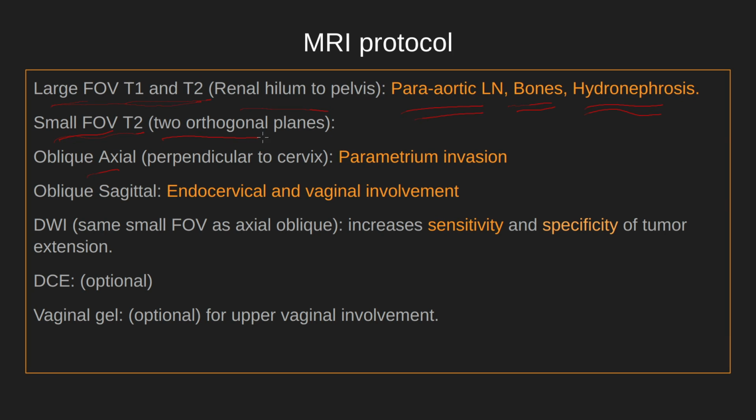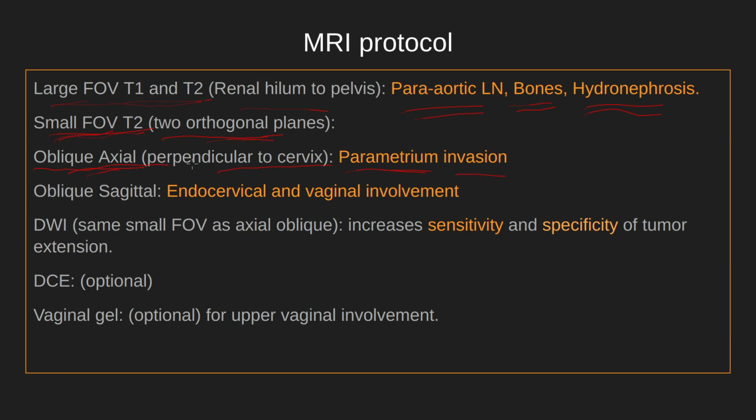The next sequence is small field of view T2 weighted images. They are acquired in two orthogonal planes, most commonly axial and sagittal T2 weighted sequences, and then based off of those small field of view T2 images, oblique axial T2 images are acquired. These are also small field of view images, acquired perpendicular to the cervix. It's important because that helps us evaluate for any parametrial invasion next to the cervix, because it's cutting the cervix